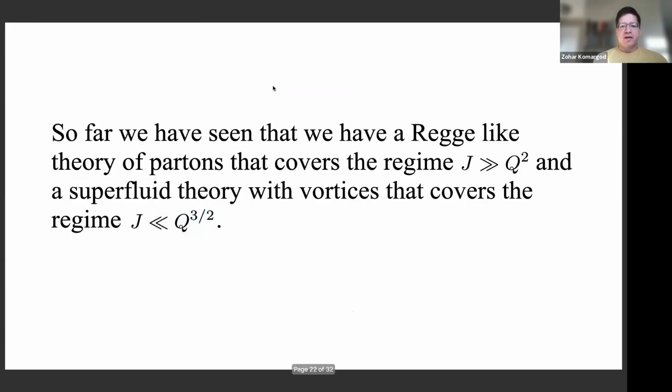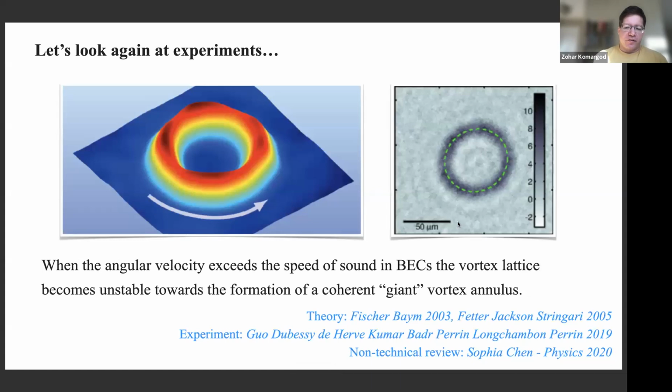So there is a missing ingredient. There is a missing piece in the puzzle, you see? Because what is the ground state between q to the 3/2 and q squared? We cannot use the rigid body and we cannot use the partons, the Regge partons anymore. So of course,